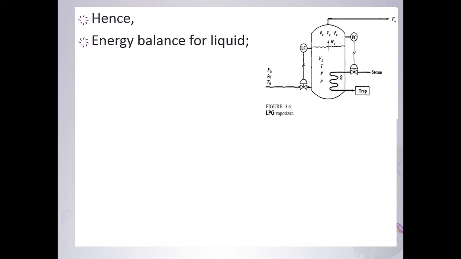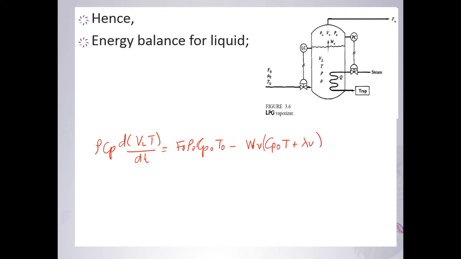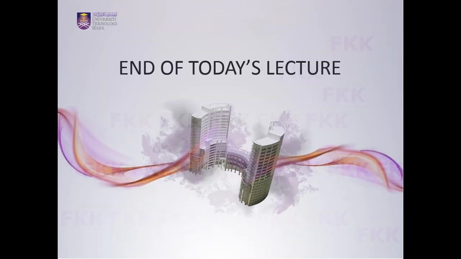So you can write rho Cp d(VL T)/dt equals F naught rho naught Cp naught T naught minus WV Cp naught T plus lambda V, plus Q, and the whole thing here equals your HL. And this one refers to your H naught. Okay, so that is the end of